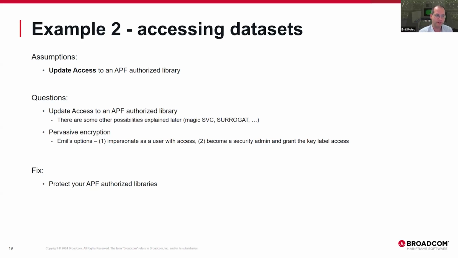But if Emil is smart enough, he can impersonate another user who has access to the key label. Or perhaps he can even become a security admin and grant the key label access to himself. So, pervasive encryption is good, but if you are not secured, then it can be broken as well. So, the apparent fix here is to protect your APF authorized libraries, because if Emil just tries that program in a standard